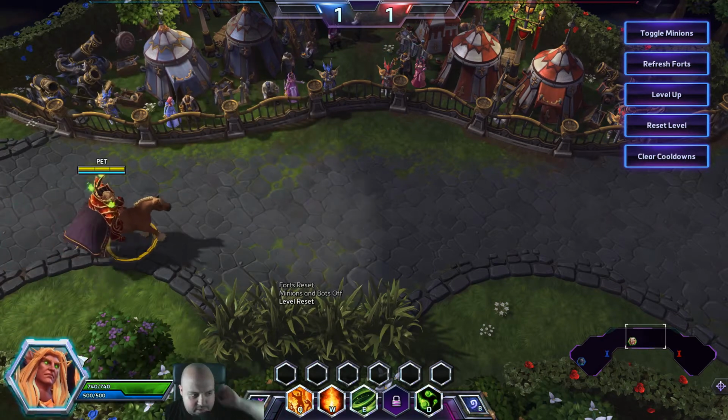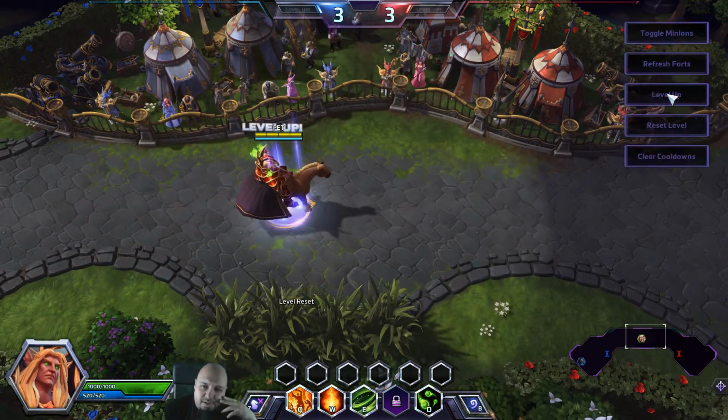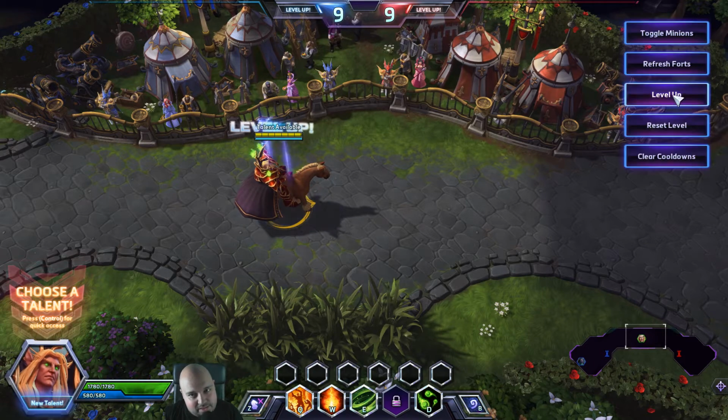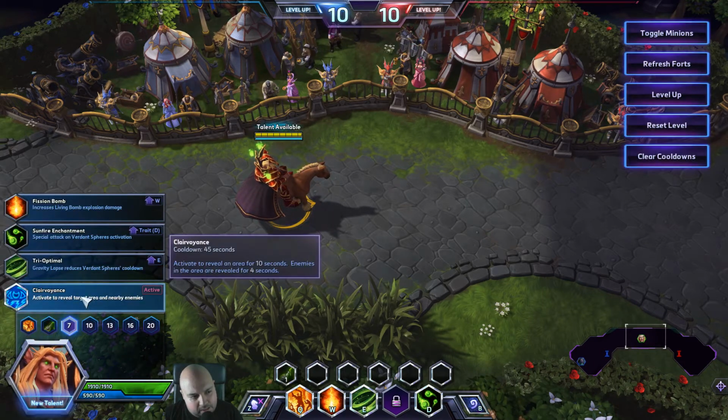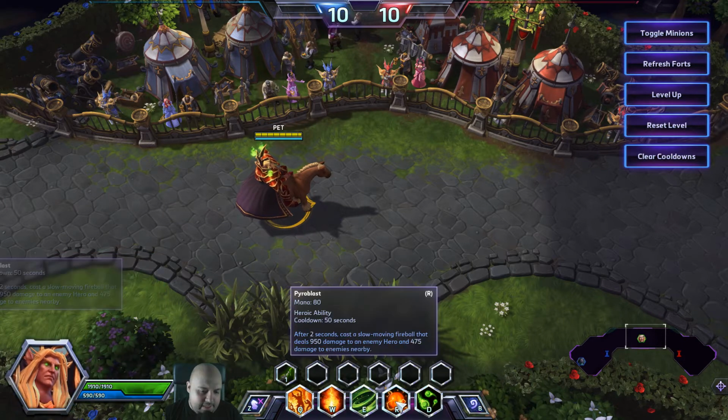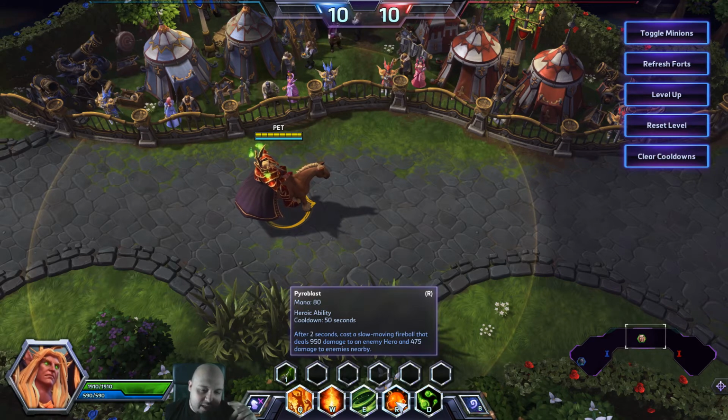Yes, this one. The other ultimate, it's, well, not ultimate, but heroic ability, it's actually a little bit weirder in a way that it basically says, after 2 seconds, cast a slow-moving fireball that deals 950 damage to an enemy hero and 475 damage to nearby enemies. And you'll be like, holy shit, that's huge. It is huge. The problem is that...